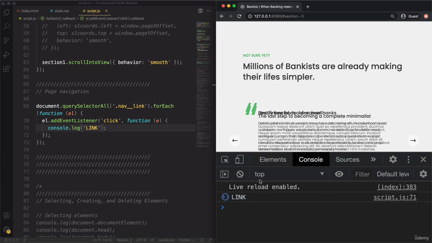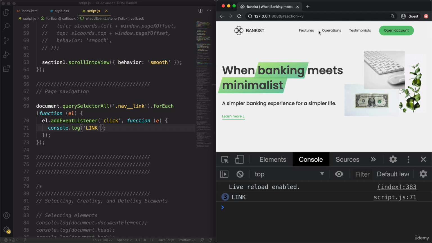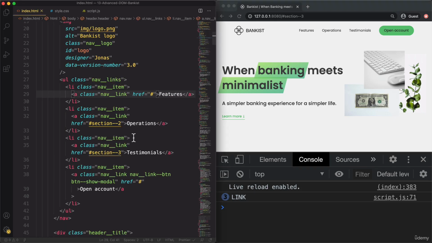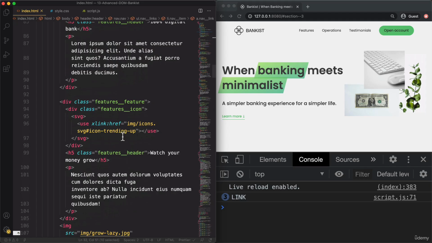So 3 times link. Now you already start to see the problem, which is that by default, clicking one of these links will scroll to the position in the HTML. And that's because of these so-called anchors. Let me show it to you in the HTML. And so these here are called anchors. So hash and then some name here will automatically move the page to the element which has the ID of this. So let's see, down here we have